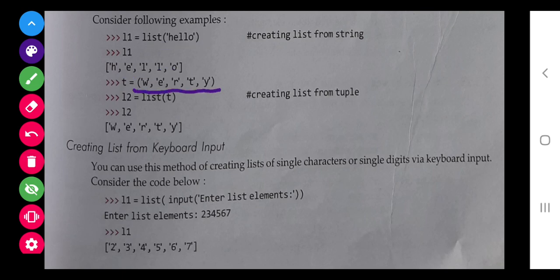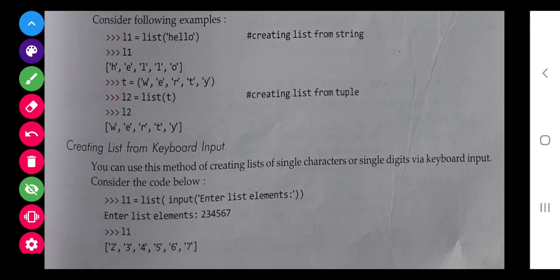If there is a tuple and you want to convert the tuple to a list, then simply write list and the variable, and now it has become the list L2. I hope you all are understanding.